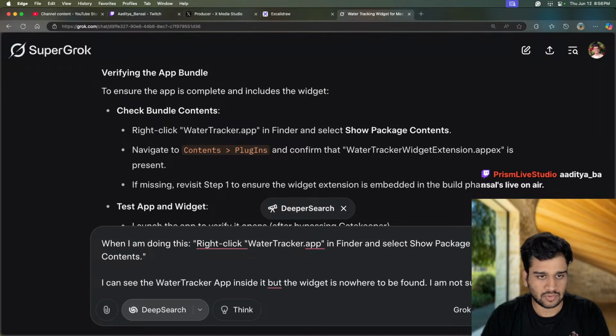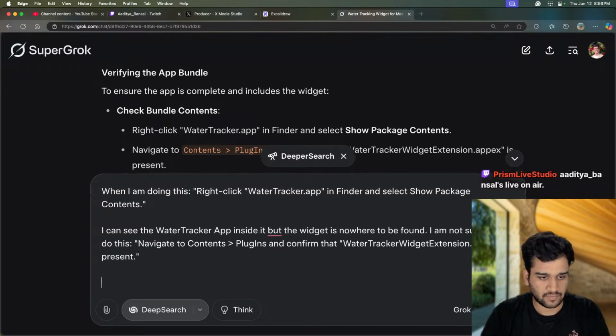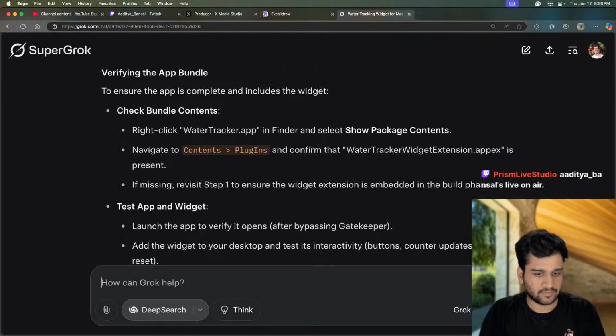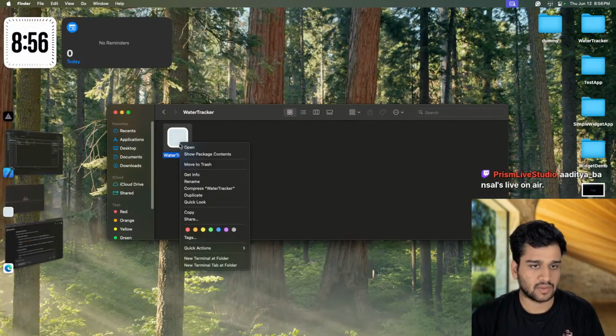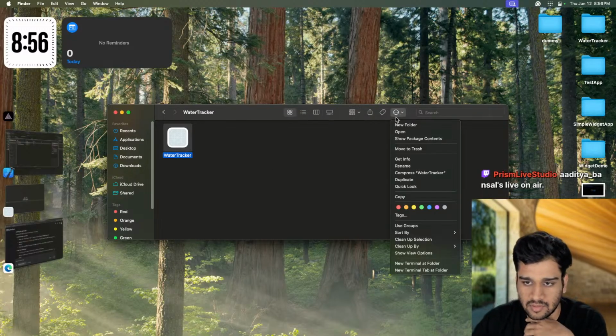I am not sure how to do this. Where can I find this contents part? Is it here? Or